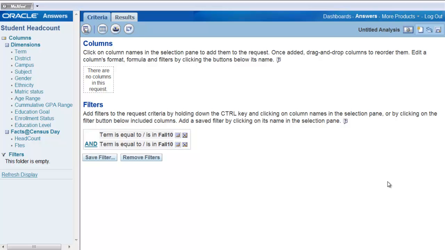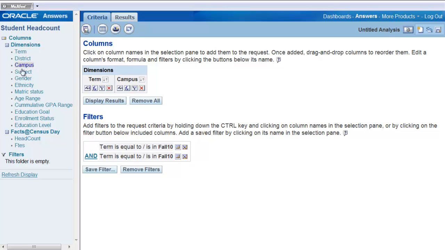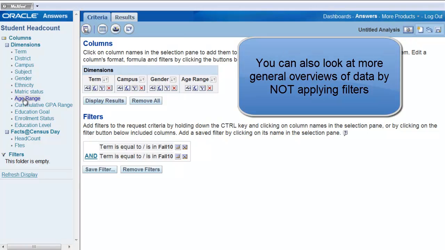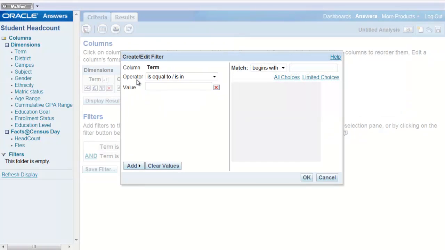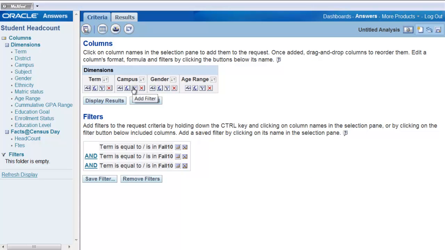So in the examples I've shown you previously, I've showed you how to filter so that you get a more specific view of demographics. But I also want to point out that you can use filters in another way. So for example, let's say I choose these dimensions: term, campus, gender, and age range. But in this case, the only dimension I'm going to filter is the term. So I'm going to choose fall 2010. But in the case of the other dimensions, for example, campus, gender, and age range, I'm not going to apply a specific filter. Now when I click on Display Results,